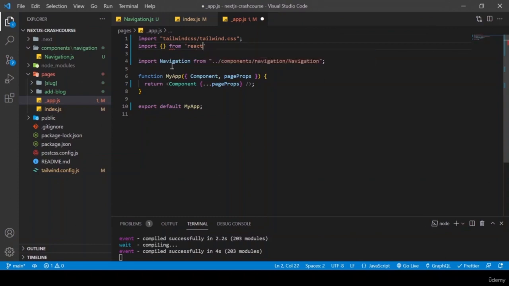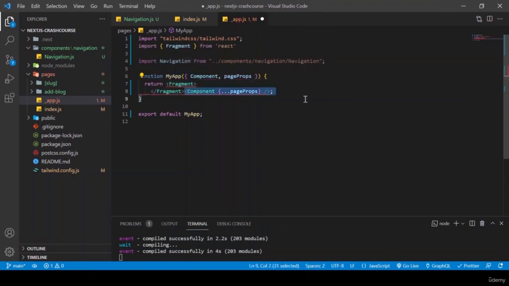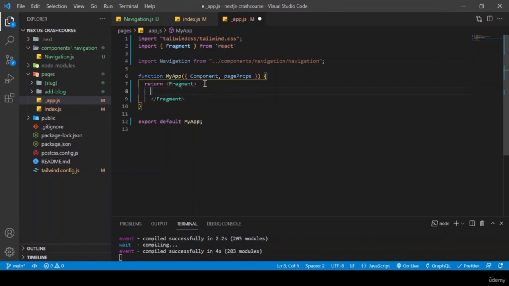So we need to return multi-line JSX, and in order to do that in React, we need to use the Fragment to wrap our whole JSX with it. So now we write our Fragment. I'll quickly cut that and place the component inside it, and above it, I'll place our navigation